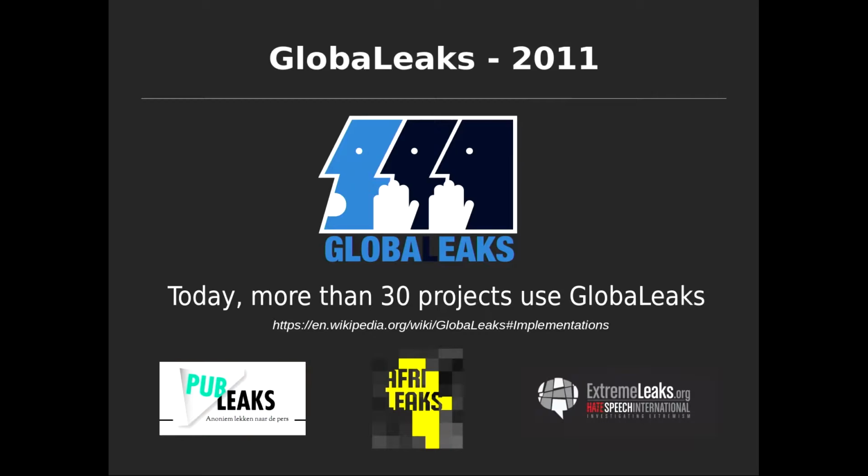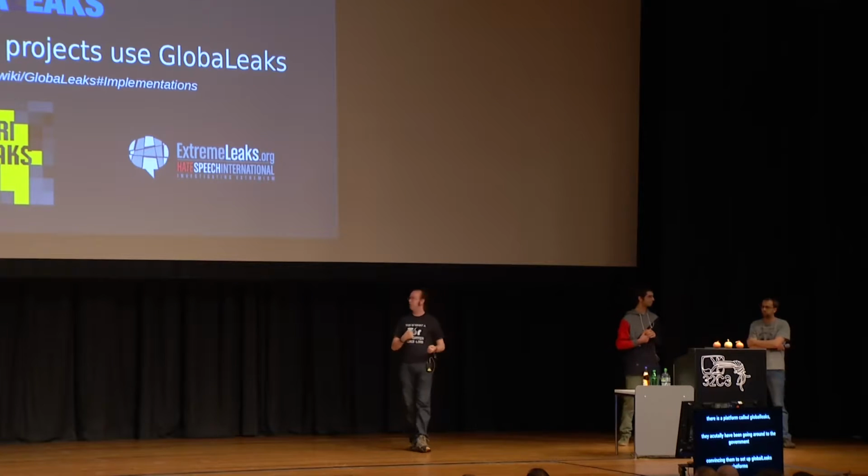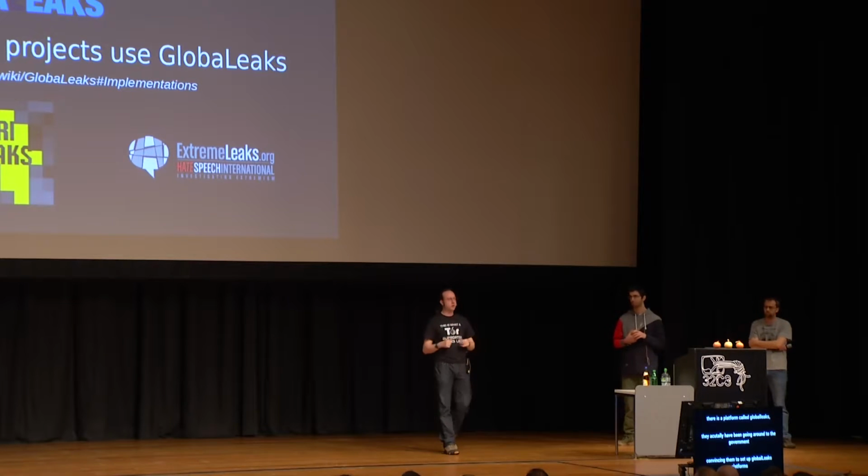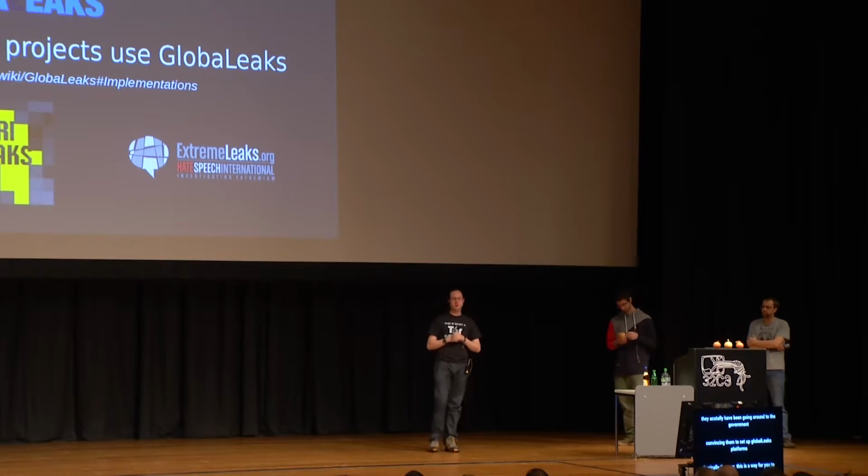Now fast forward a couple more years, there's another organization in Italy called Global Leaks, where they've set up basically a mechanism where if you have something you want to share with the world, then you can be connected to a journalist through this Global Leaks platform. And they actually have been going around to governments convincing them to set up Global Leaks platforms. So they've gone to the Italian government, they've gone to the Philippine government, and basically, they say, look, this is a way for you to report on corruption, to hear about corruption inside your country. Now, if you go to a government and you say, I hear there's corruption, here's a way to report on it, not everybody in the government will be happy with that.